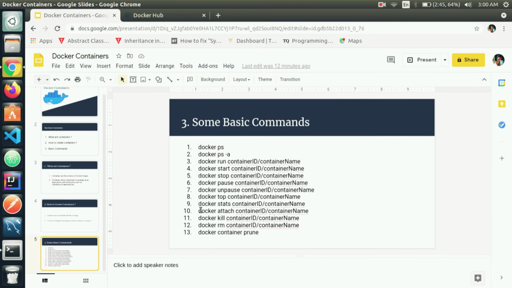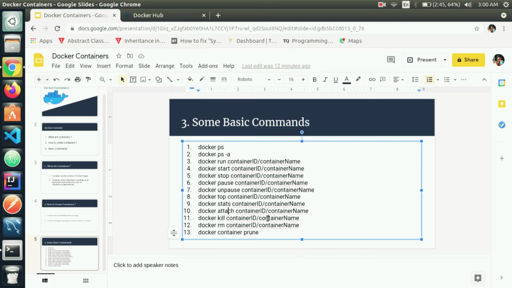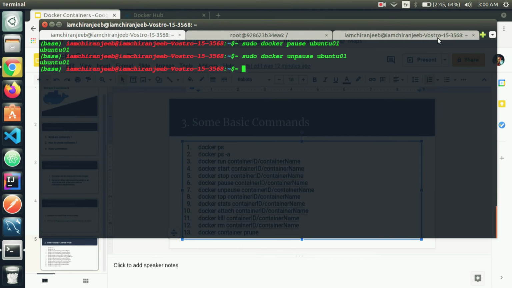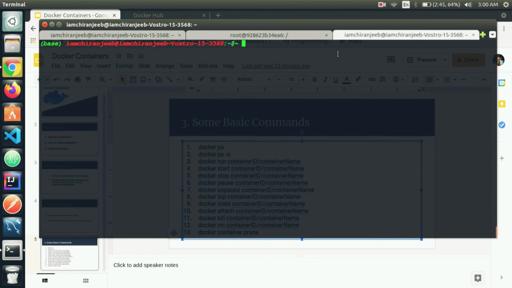So now I will go for this command docker attach container ID or container name. So here this is basically saying that you can attach a docker container. So let's see what's happening. Sudo docker attach ubuntu 01.